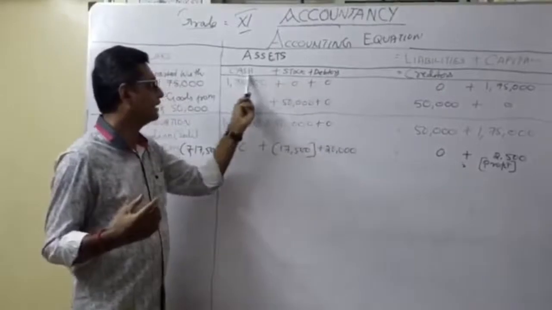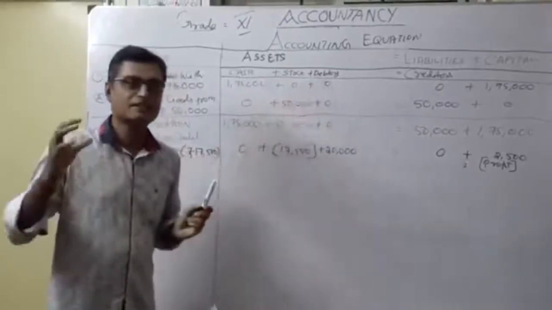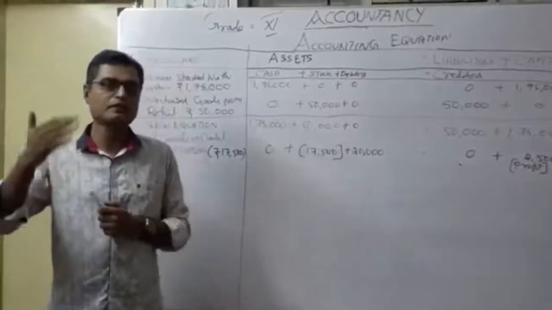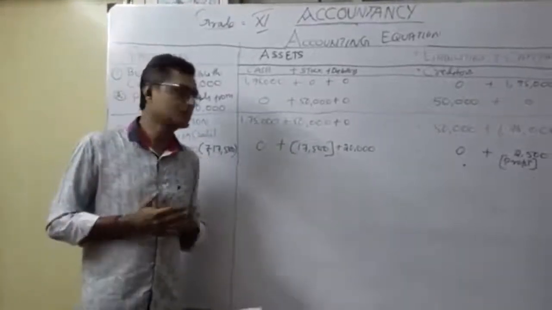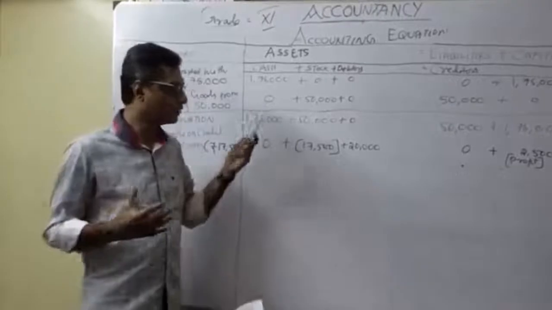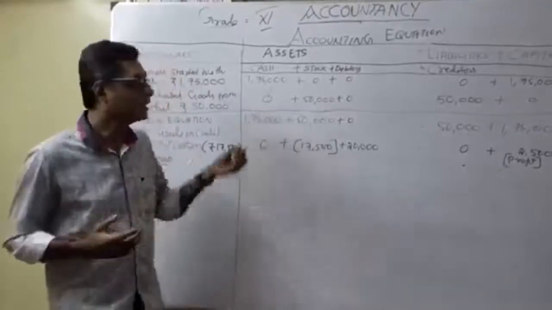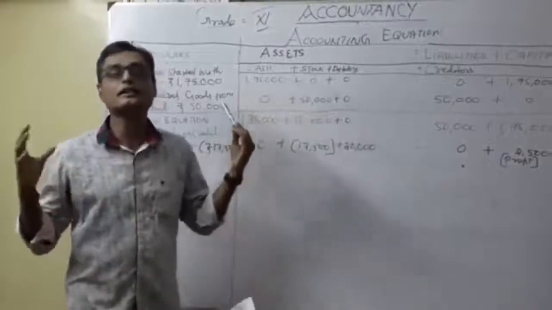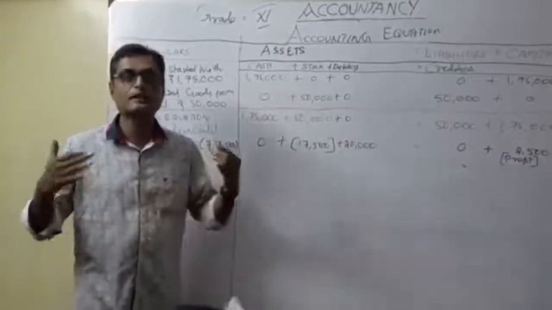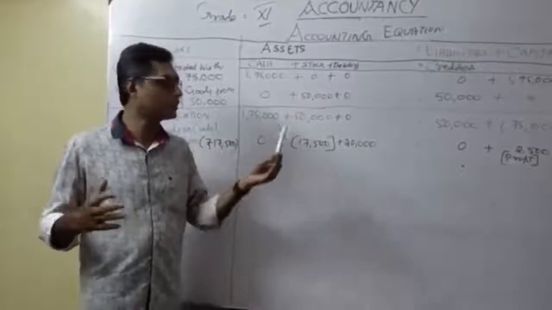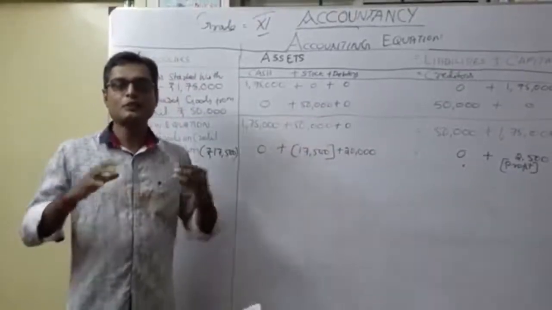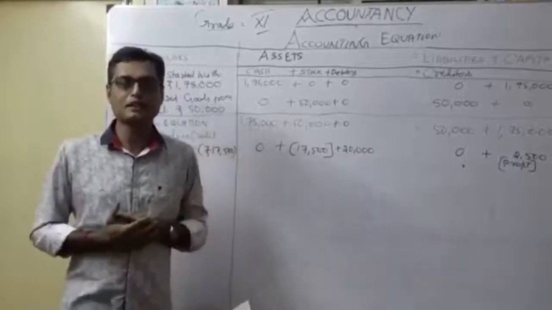So this is cash, stock, debtors. We are discussing accounting terms, correct? Again we are going to revise chapter 1, chapter 2, chapter 3 in the same manner, so don't worry. Whatever we are going to understand now is the accounting equation. Now you can follow all the accounting terms and concepts and recollect them. Practically, when you are doing an accounting equation, you can feel the real understanding of the theory.